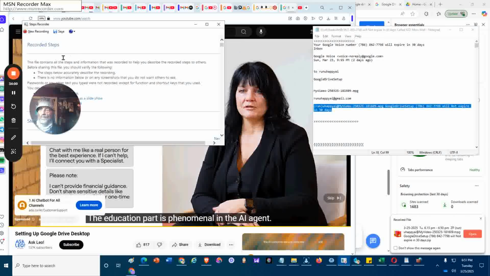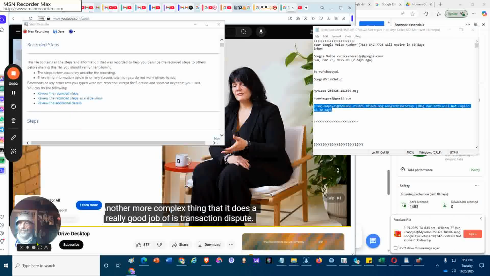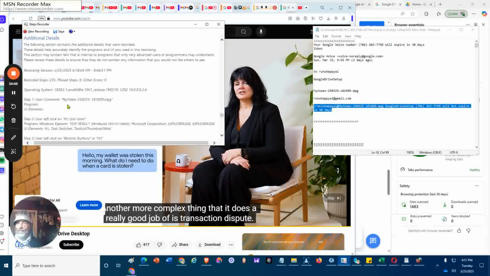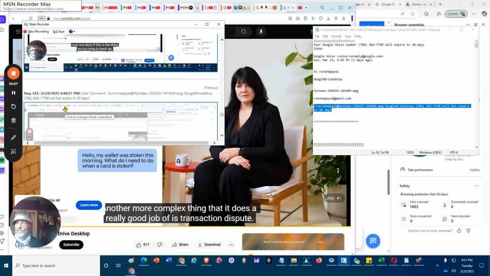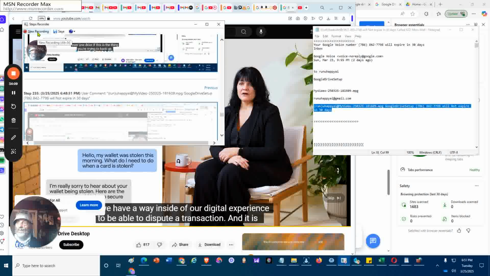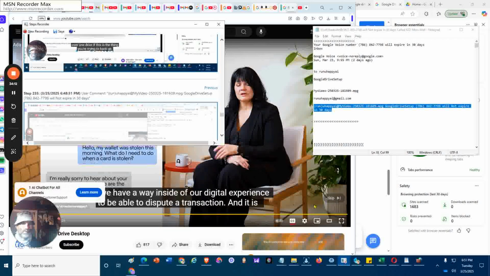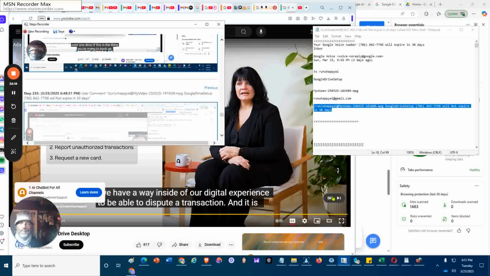The education part is phenomenal in the AI agent. Another more complex thing that it does a really good job of is transaction disputes. So we have a way inside of our digital experience to be able to dispute a transaction, and it is